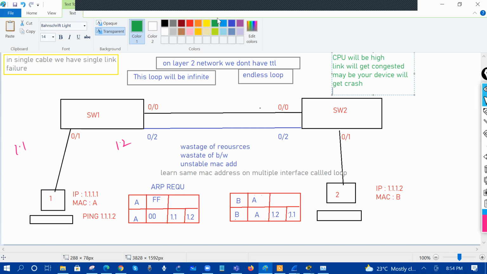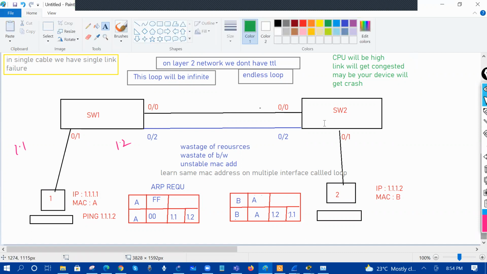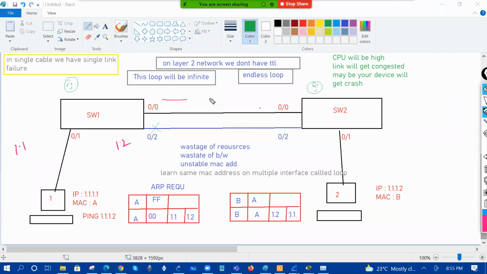So to avoid this problem, maybe you have a question: hey, I can do one thing. I will put one guy over there, and one guy over there. I will shut down this link right now. Yeah, that's an amazing solution. Shut down this link, right? So all my traffic will go by this link, and there's no loop,